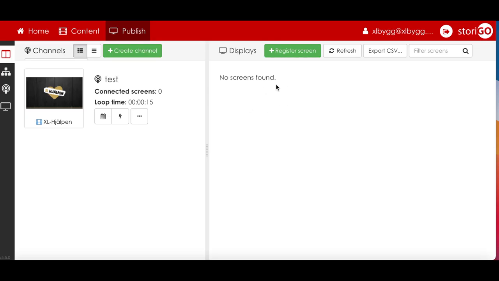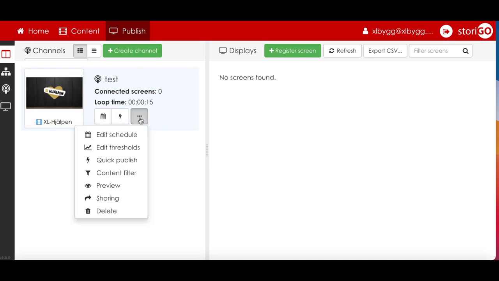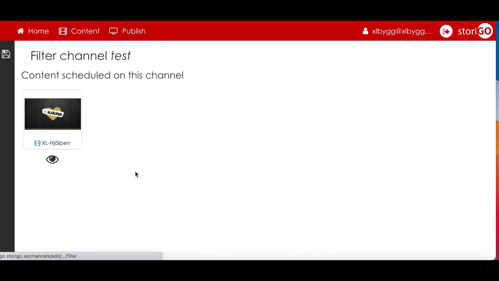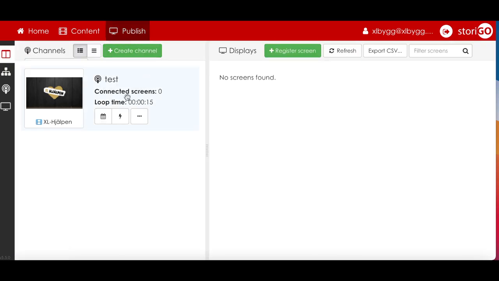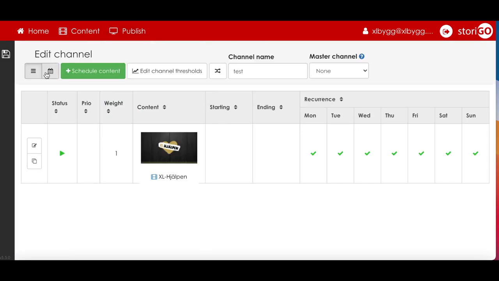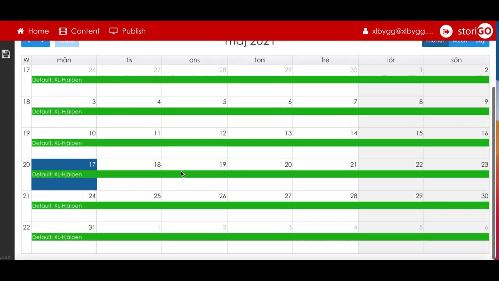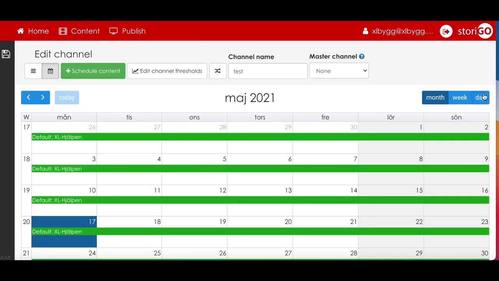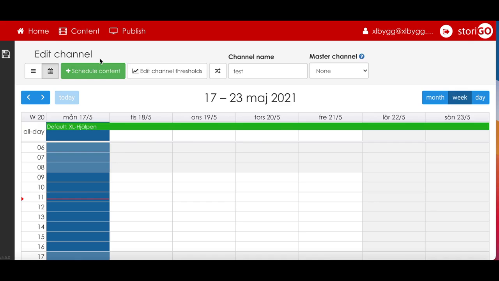But if you have a screen registered, you'll find it here on your top right hand side, and on your left hand side you'll find the playlists and the scenes that are attached to the screens and booked. You can see like a calendar, month, year, date. You can see what's being played,